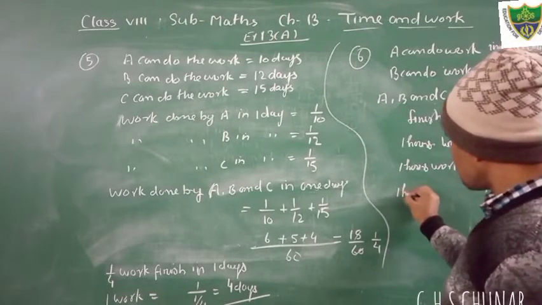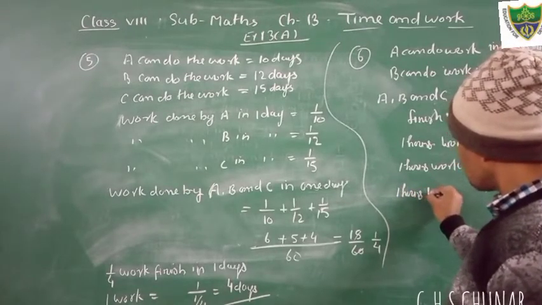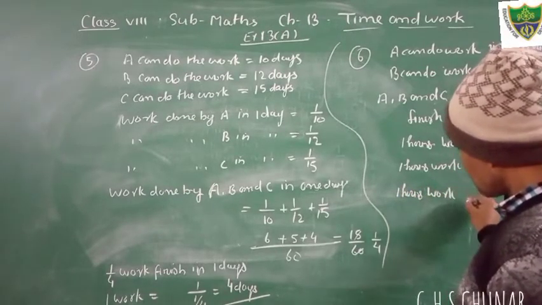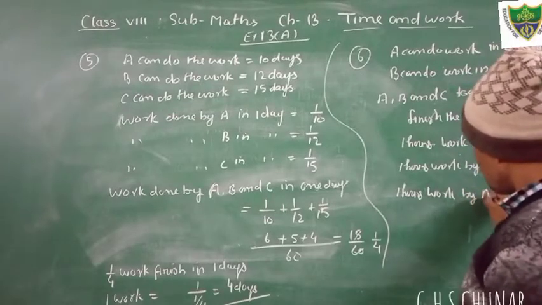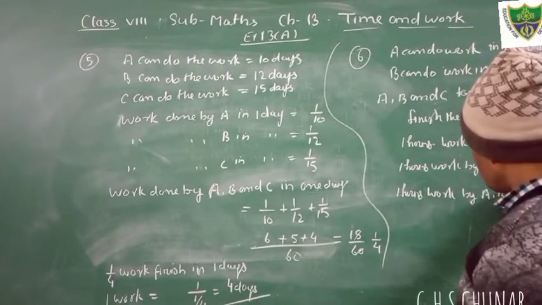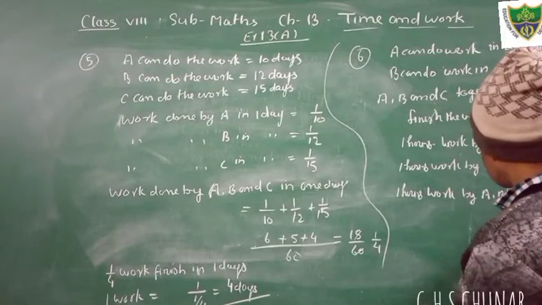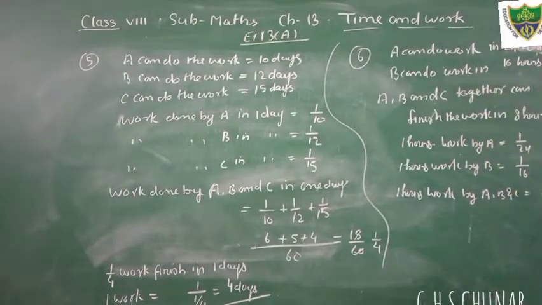And 1 hour's work by A, B and C, that is 1 upon 8. The 1 hour's work of A, B and C together is 1 upon 8, and A and B can do 1 upon 24 and 1 upon 16. So now to find out the 1 hour work of C, we will